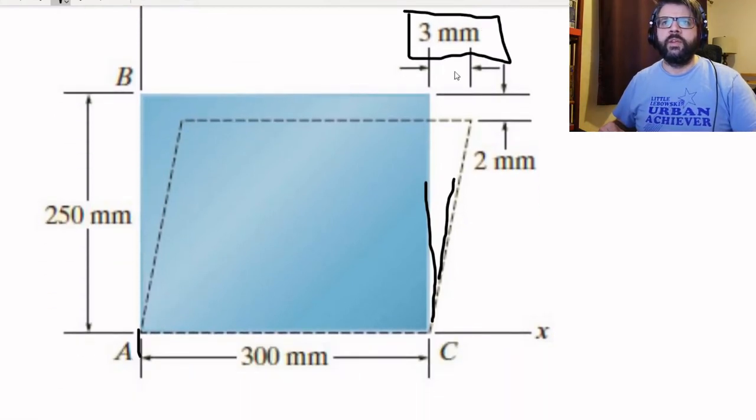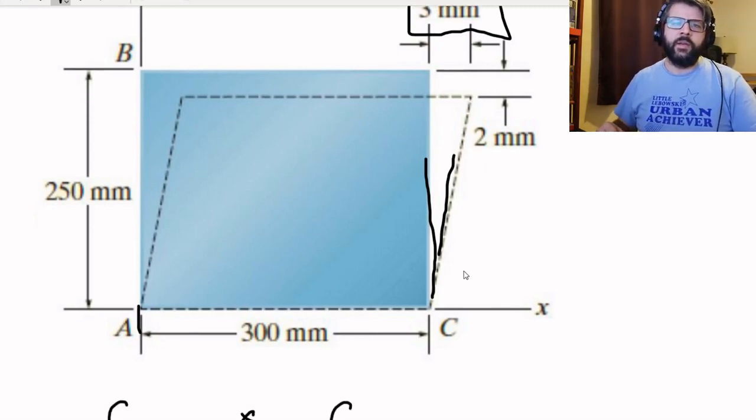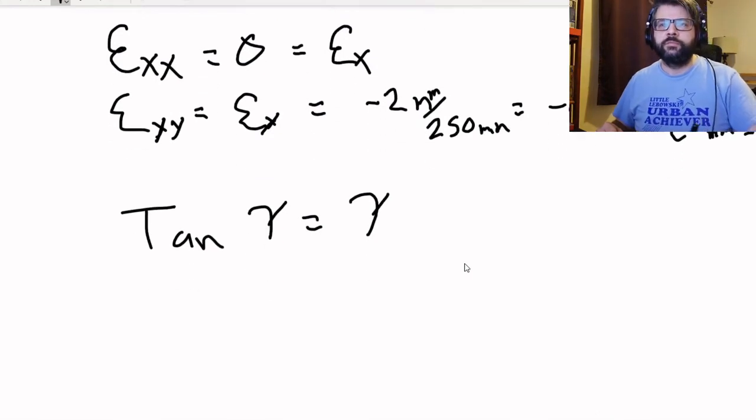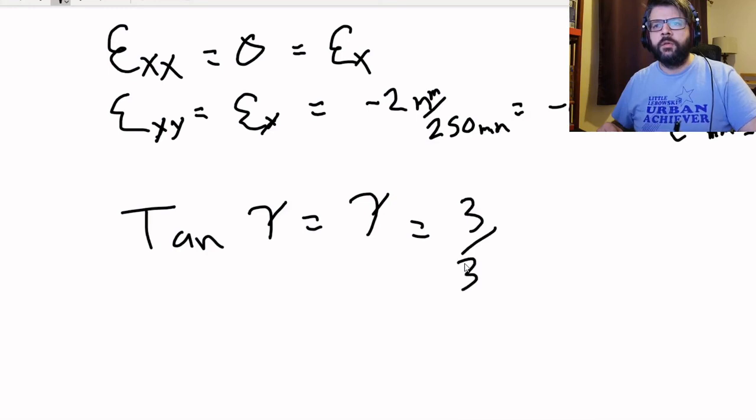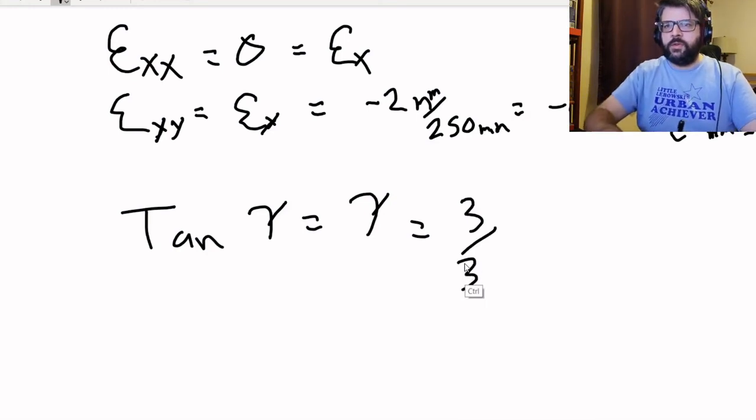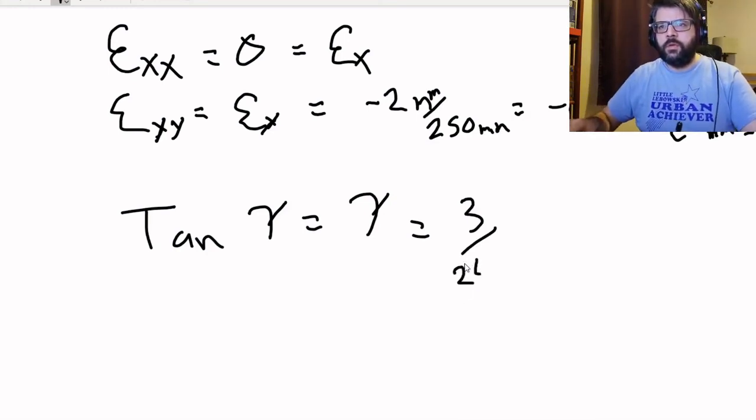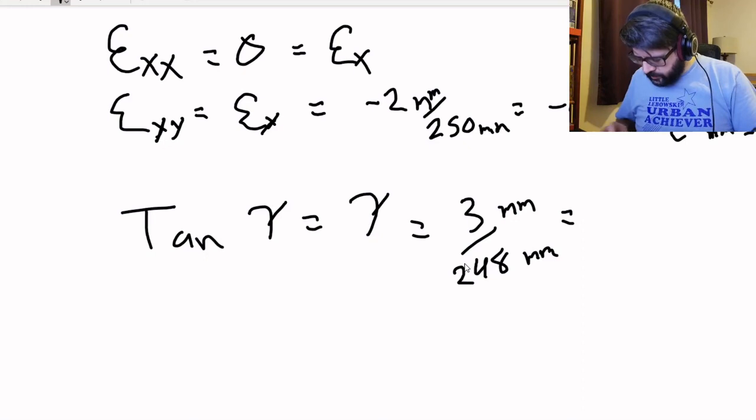So essentially, our angle there, in radians, is going to be 3 millimeters over the 248 millimeters. So that equals